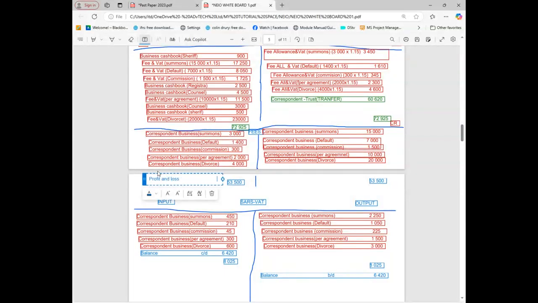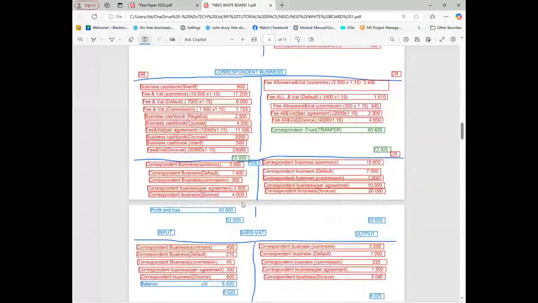Remember, even if you say balance carried down, they won't penalize you, but in reality you must say how much it is. It's 42,800. Let me just put it a bit higher. So profit and loss, or you can say balance carried down, balance brought down. They won't penalize you, but normally they don't ask you to balance it because they know that students will have two options. But that's how to do it. And this one is balanced. Yes.